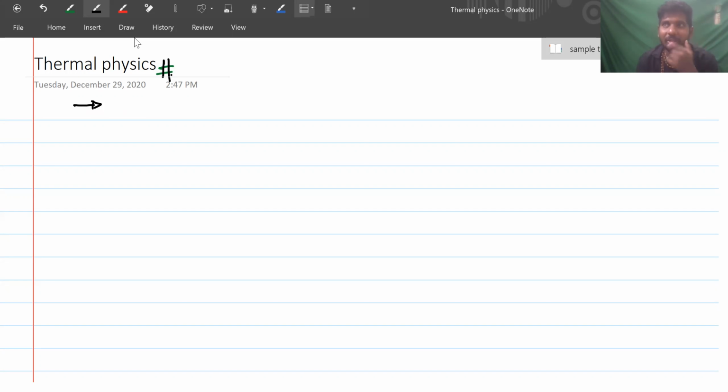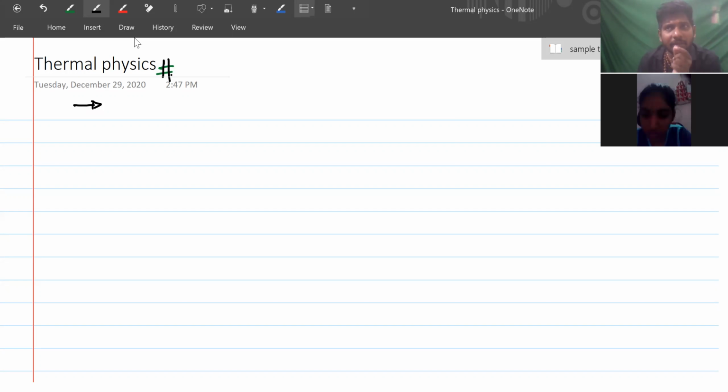Either they directly solve with the formula if they are very clear with it, or if they don't know even a bit of information, they will be in confusion. Which formula to apply there? Is it a rotation formula? Is it a simple, direct Newton's laws of motion formula? So they'll try to use whatever formula they know, like N is equal to mg. Is N equal to mg always right?